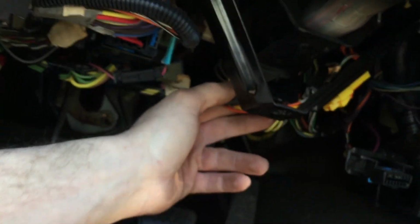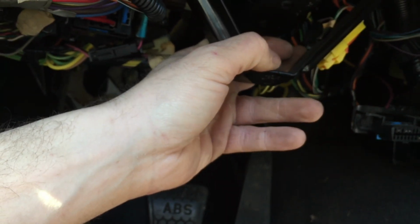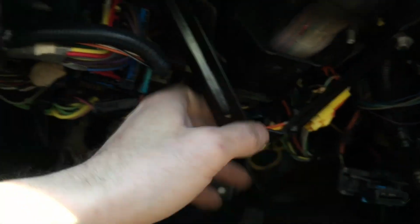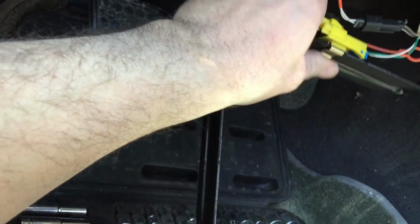The steering column's definitely in the way. So yeah, I'm just gonna go ahead and unbolt that. There's also a bracket here. Seems to be in the way. So yeah, I gotta take that bolt out, this bolt out. The bracket. Yeah, just those two 10mm holding the bracket on, and then I gotta pop this little